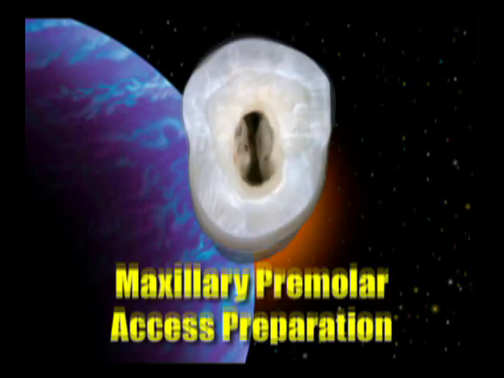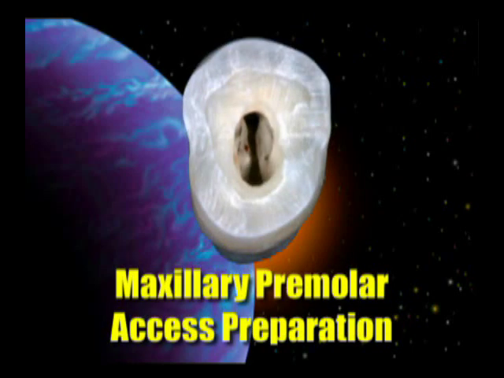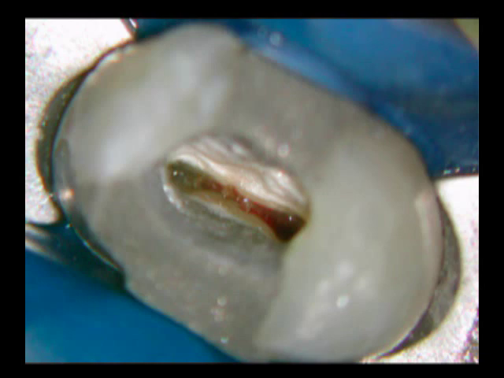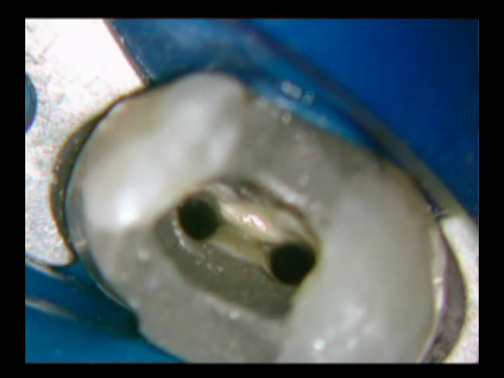orientation. This just shows reducing the occlusion to give you a better idea of exactly how much of the tooth is involved. And as you can see here, the access opening on premolars is really quite conservative. You don't need to remove a lot of tooth in order to get the proper access opening. One other thing to keep in mind with premolars and also on some molars, a lot of times you'll find 2 canals that has an isthmus of tissue between them. And in these cases you have to go down with a burr and make sure that you get to solid